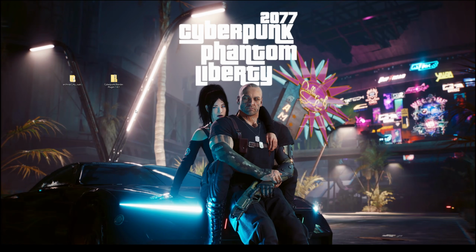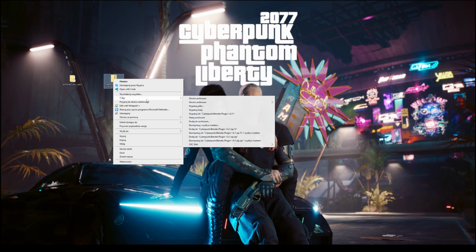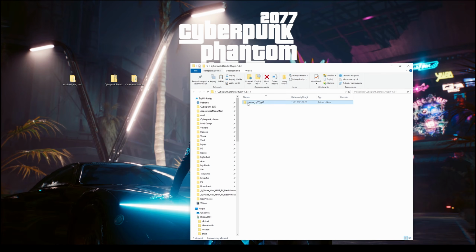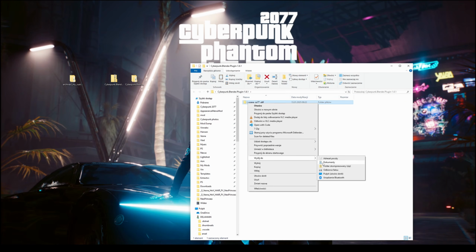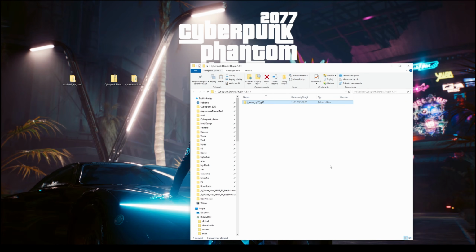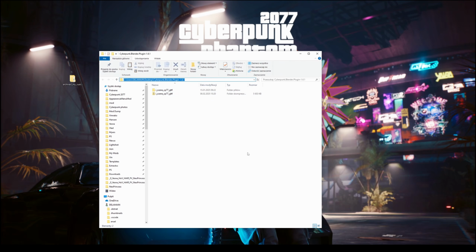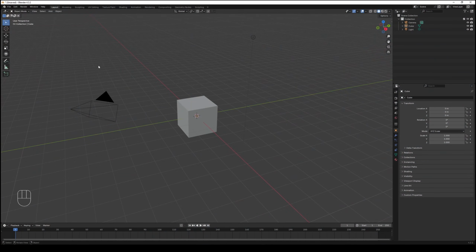Once you downloaded your file, you will need to unzip it, and this is a funny thing because now you have to zip this one. Now copy the path of your new zip, and in Blender go to